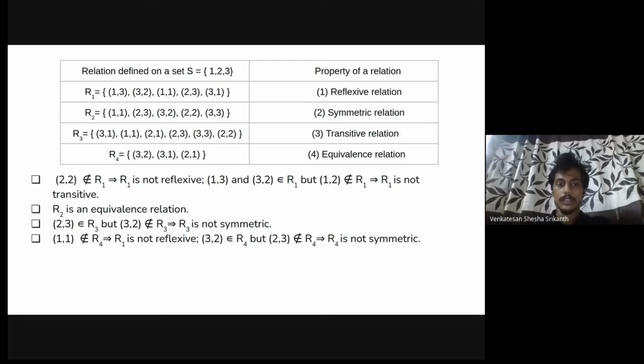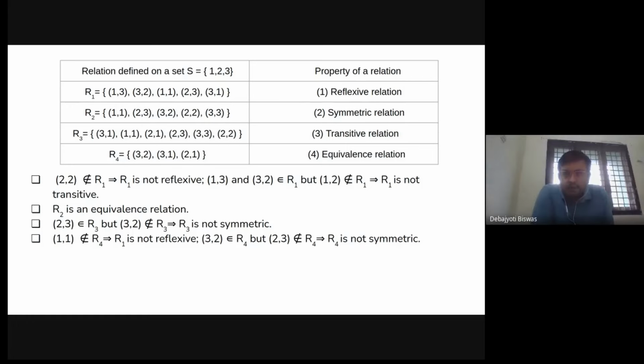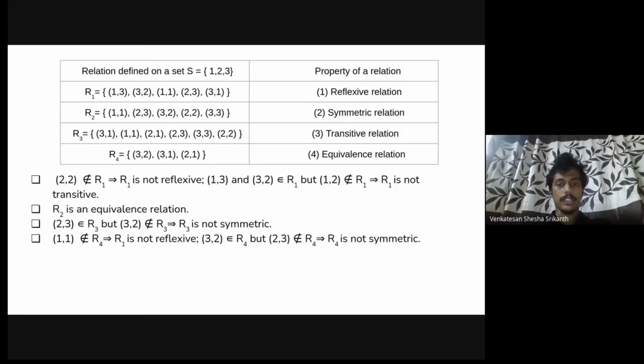Students, just write it down and check what all the elements are present when we map these relations to their properties. And we finally conclude by saying one statement.